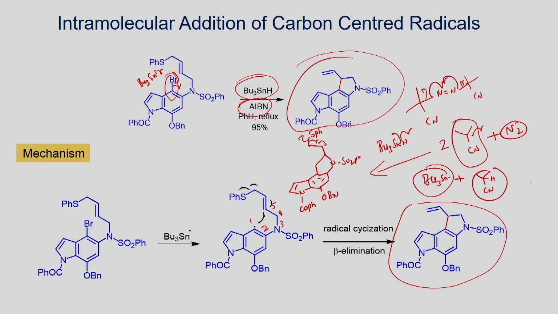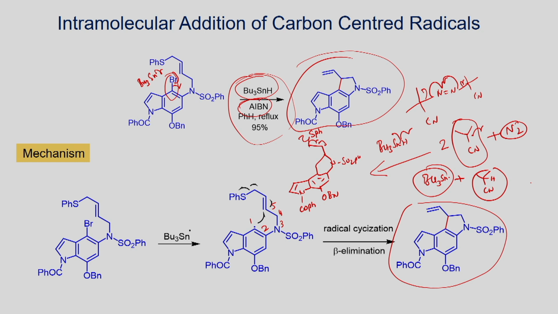You can see here, when you use these reaction conditions, a benzylic substituent does not affect it. Selectively the tributyl tin radical reacts with this carbon halogen bond to give the radical. That radical can undergo cyclization to give the respective product. You will not be able to use the redox process here, because if you use this, you have the benzylic CH bond which also can undergo reaction. Therefore, depending upon the nature of the substrate, you have to choose the reaction conditions.